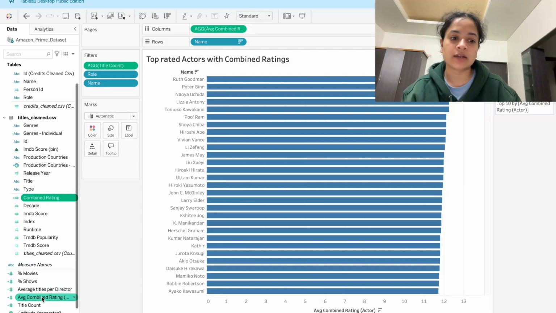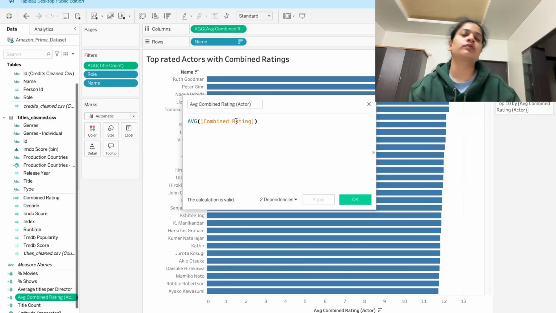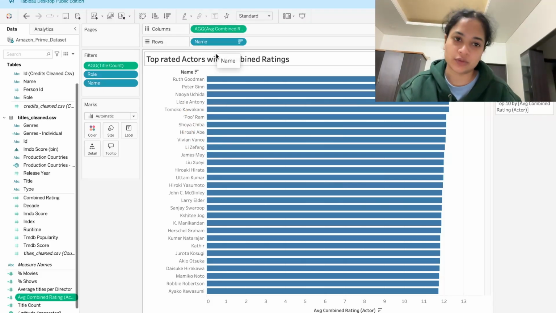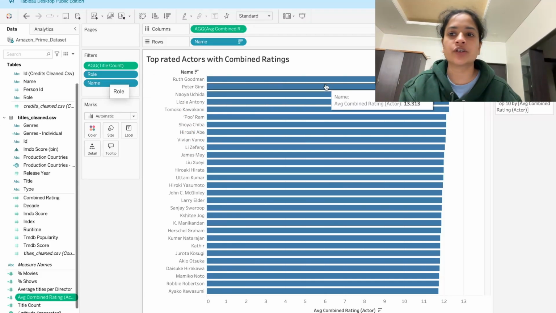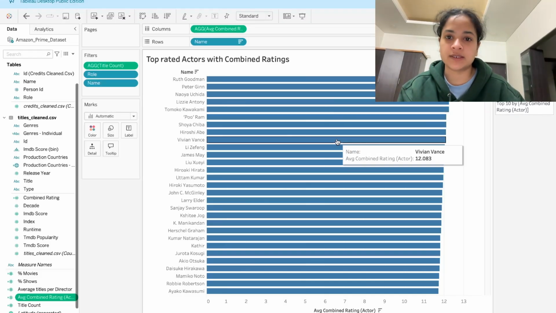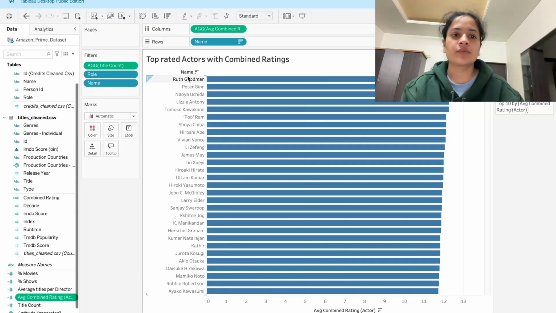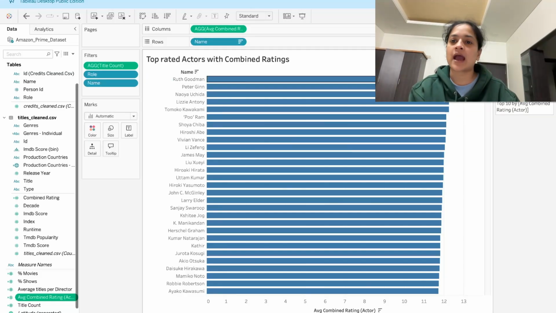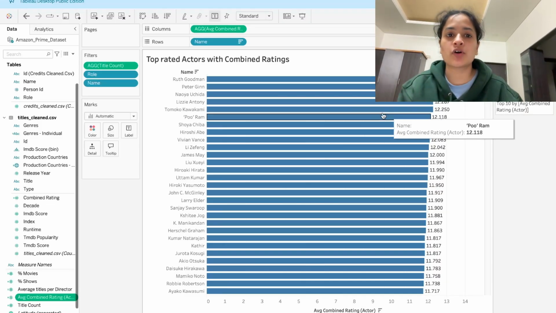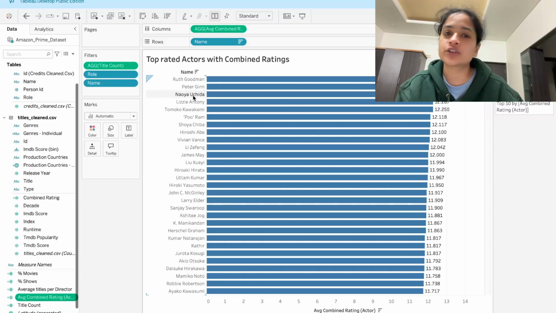I have created another calculated field, which is the average of that combined rating. I've used that calculation in columns and name in rows. For roles, I have used only actors, because only actors are important for star influence. For directors, we have used another chart. So for actors, we have this entire list. We can see Ruth Goodman, Peter Jin, and all these actors having an average rating of 13.313. This is interesting because Naoya Uchida is not a US actor, or Tomoko Kawakami is not a US